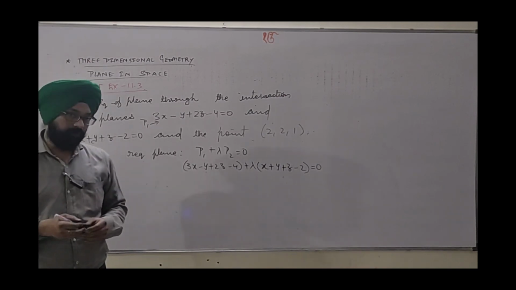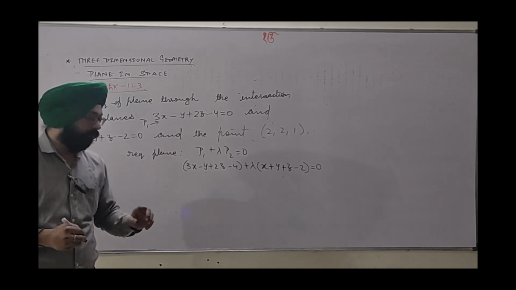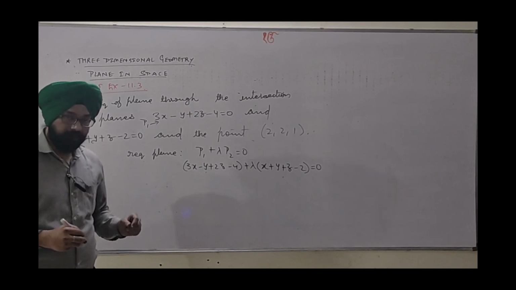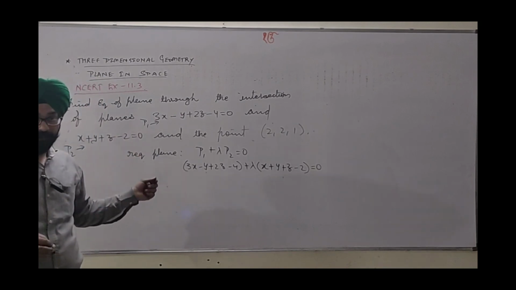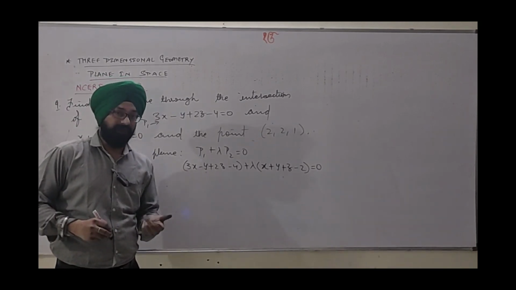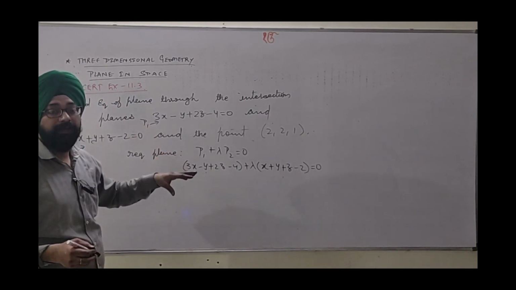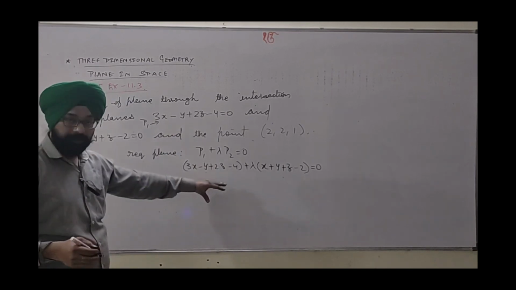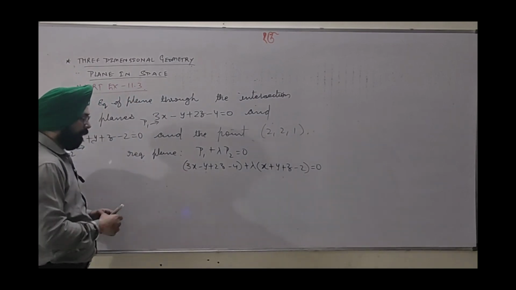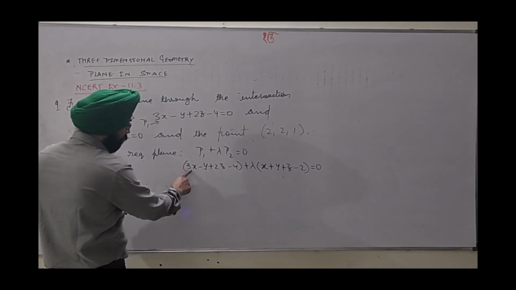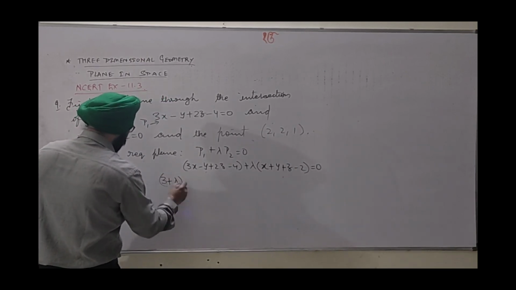Now we will club the terms of x, y, z to write the required plane in standard form. Do not forget, I told you in concept building that this is the family of planes passing through the intersection of given planes. So actually this represents infinite planes. So what is the particular plane? We need to find the equation of that plane which is out of them and also passing through this point. So it makes it particular. Okay, so let's go ahead. I said we have to club the terms of x, y, z. The coefficient of x is 3 and lambda here. So we can write 3 plus lambda times x.